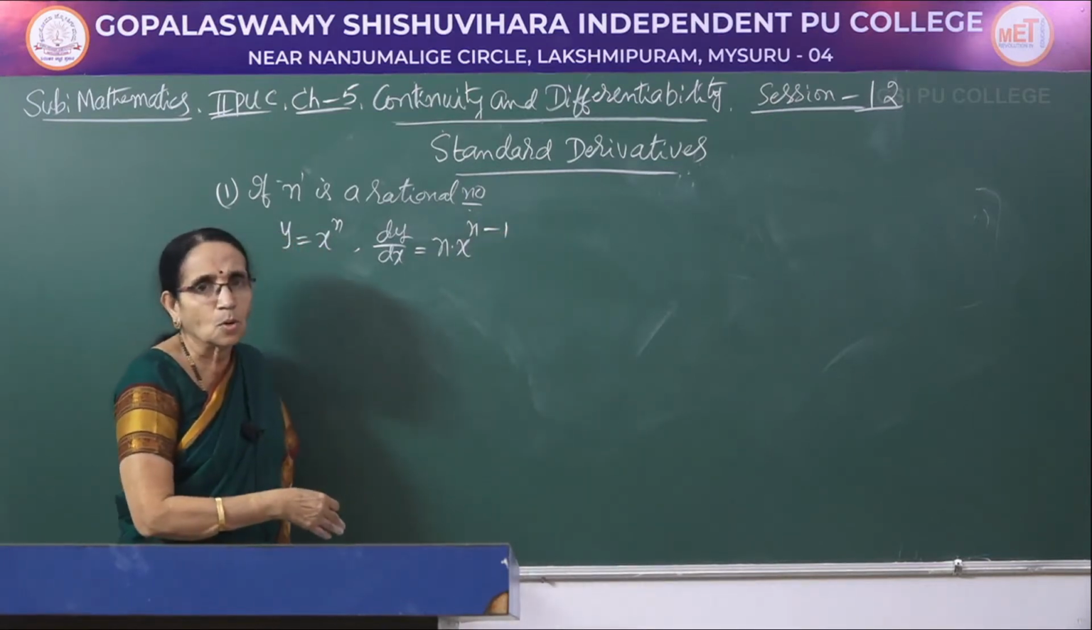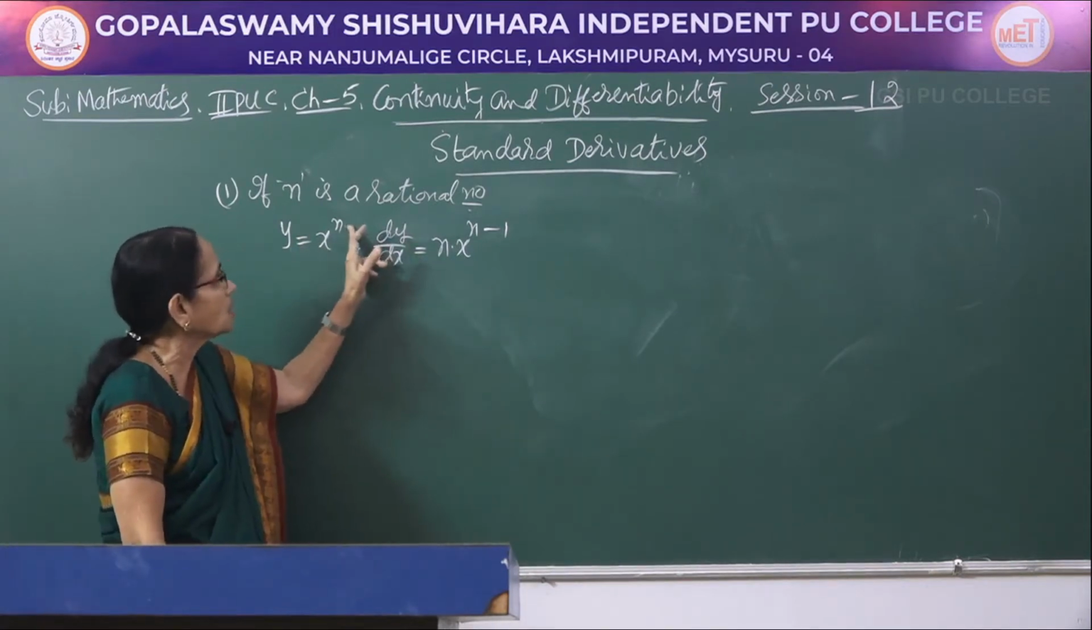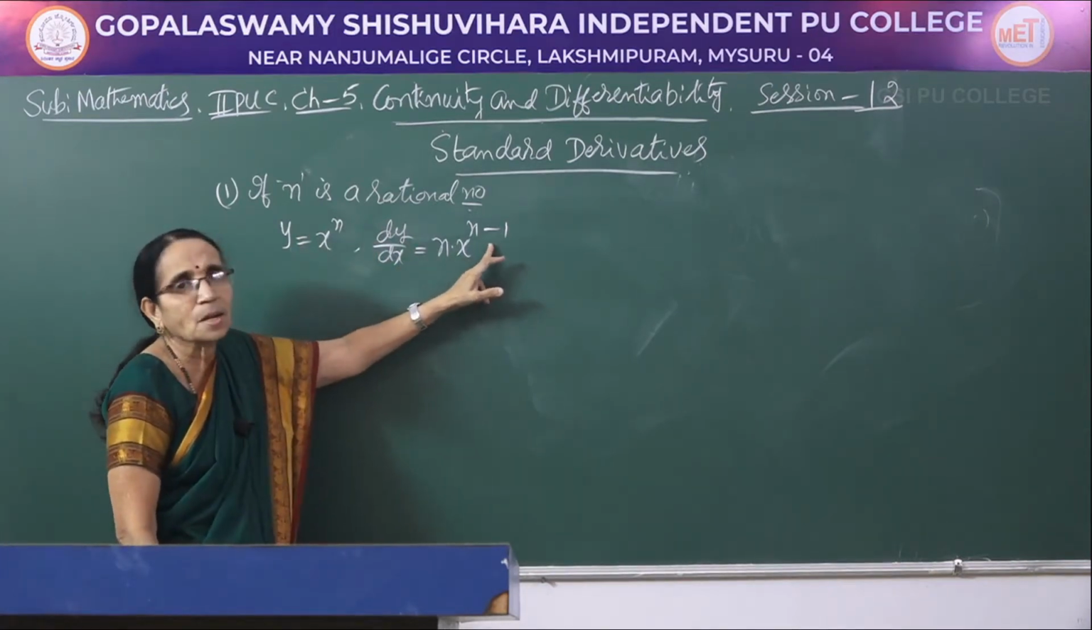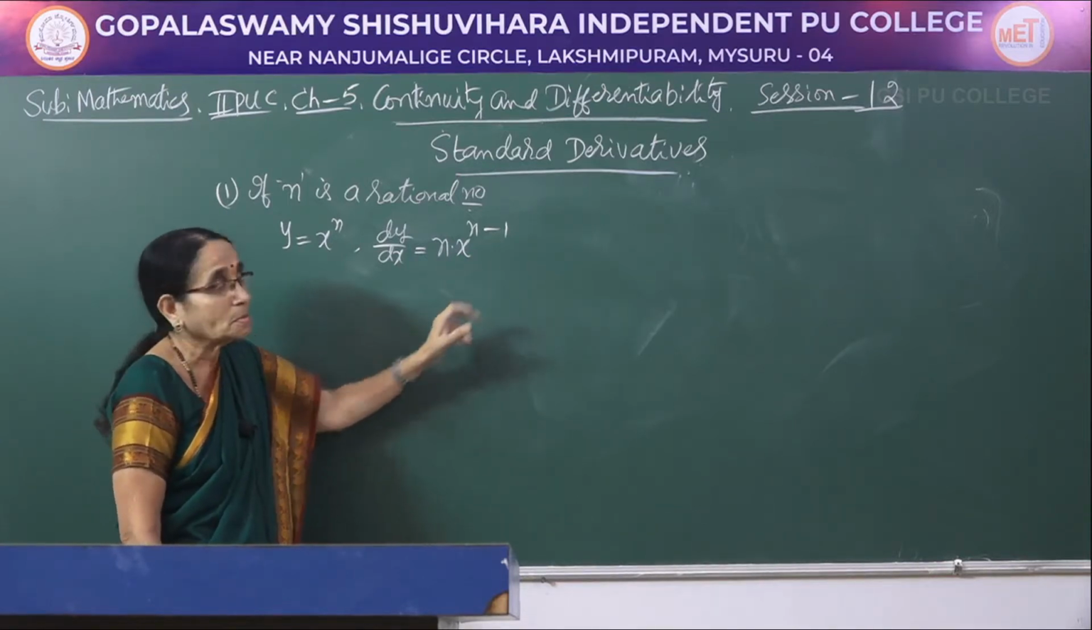The derivation I am not doing because you already learned this one. So, it is n into x to the power, the index you write and decrease the index by 1. So, n into x to the power n minus 1. Now,